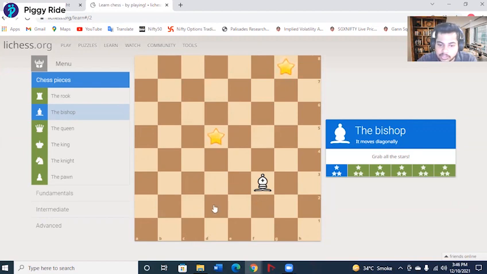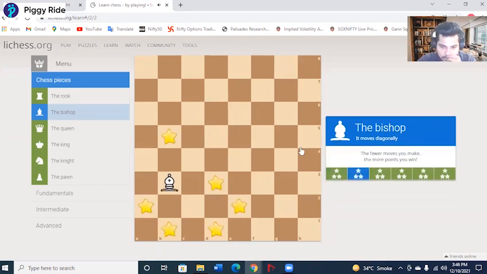Suppose the bishop was here at d2 in a black box, the bishop can only travel in the black areas. Why? Because it can only move diagonally. Got it? So this first puzzle being very simple, let's move on after we complete this. So bishop to d5 and then finally bishop to g8. Okay, to the next one.